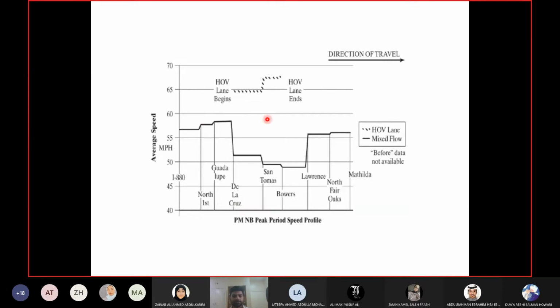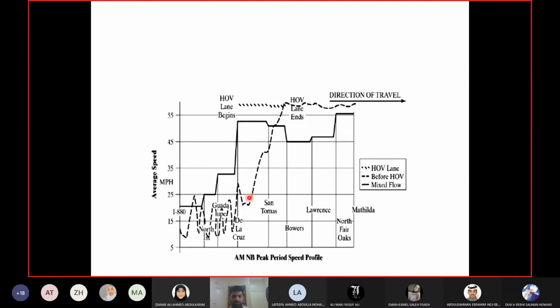You can see it here. This is the speed in the HOV lane, the lane which was having the problem, and this is the speed in the other lanes, the mixed lanes. Now if you compare the speed, it looks low, but if you compare this value with this value, you see here speed 25, 35. Even for the mixed flow, it is between 45 and 55. Even for the other lanes, it is between 45 and 55.